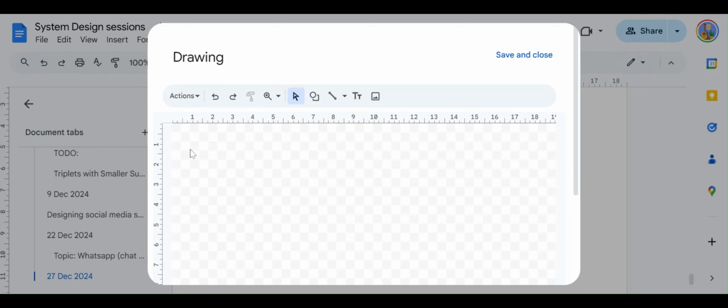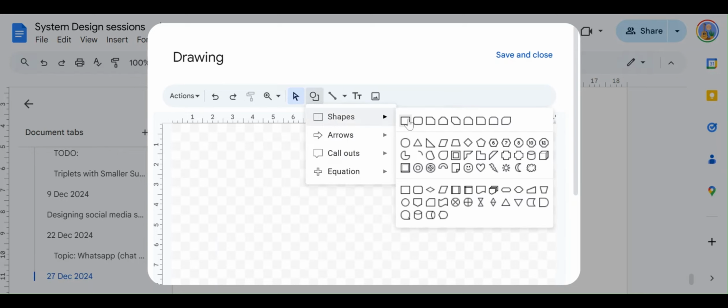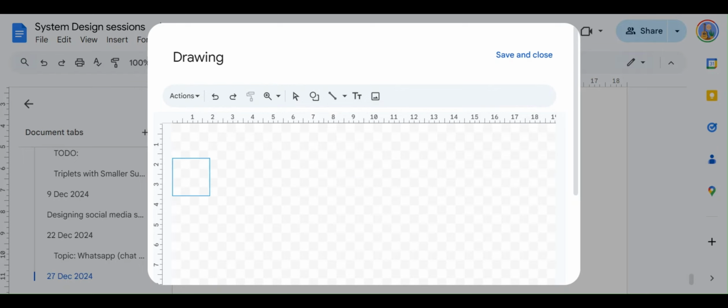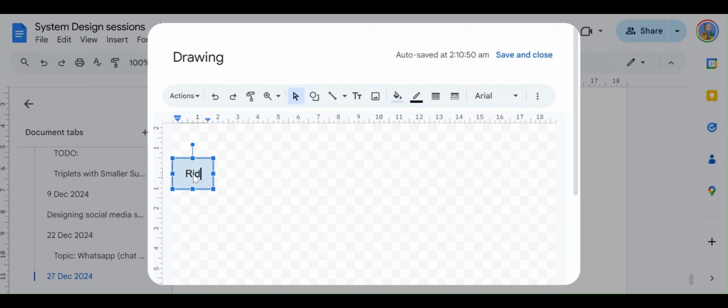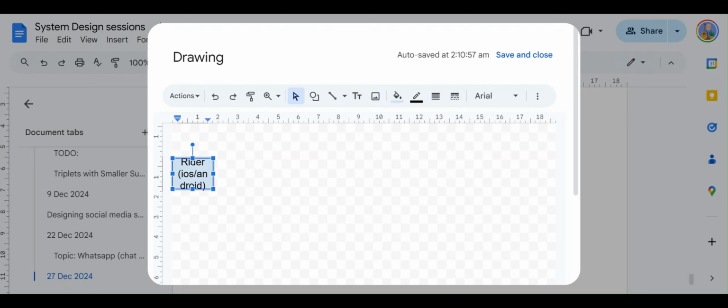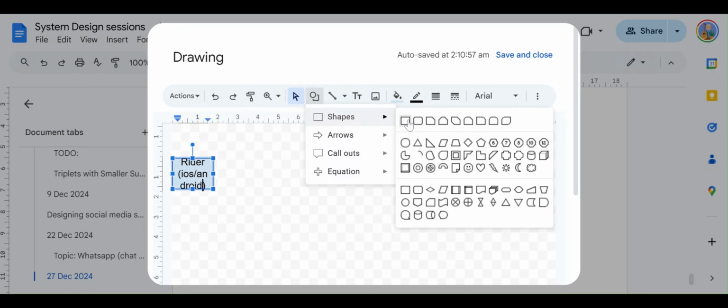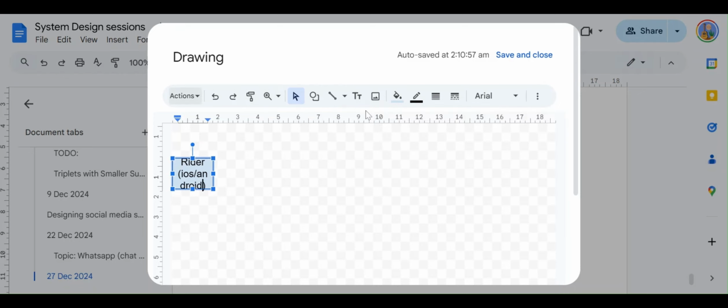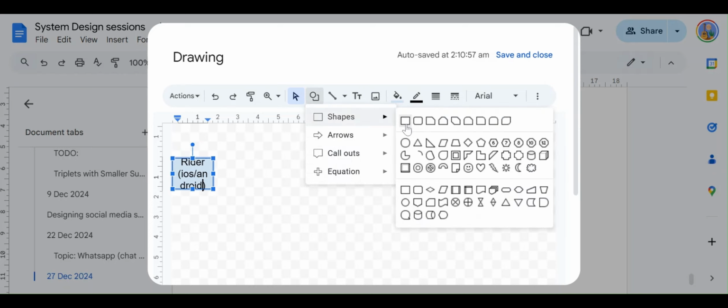The very first thing is definitely the client we want to have. This is the rider. This rider is basically our mobile app, so iOS or Android, whichever he's using, but it has to be one of them for now. Generally we build for one system and then expand on it.